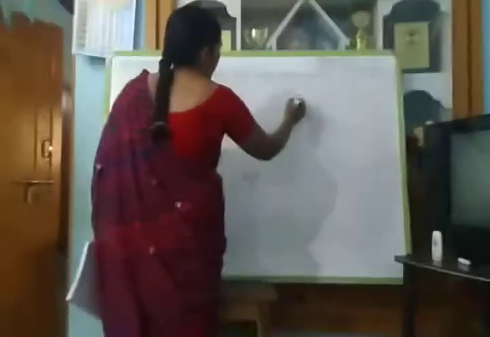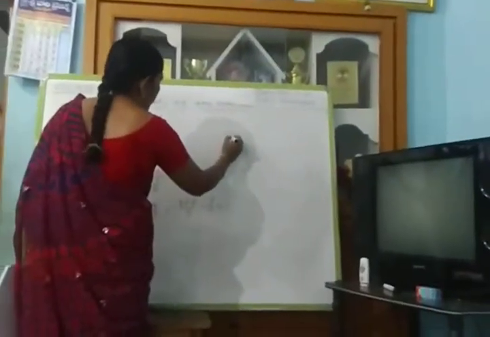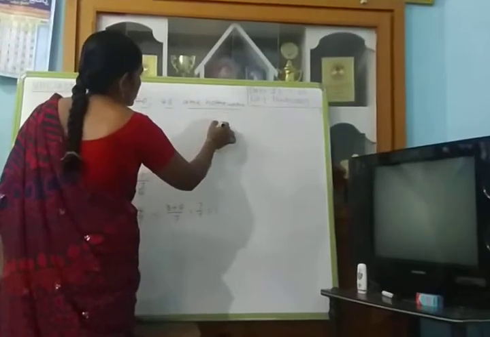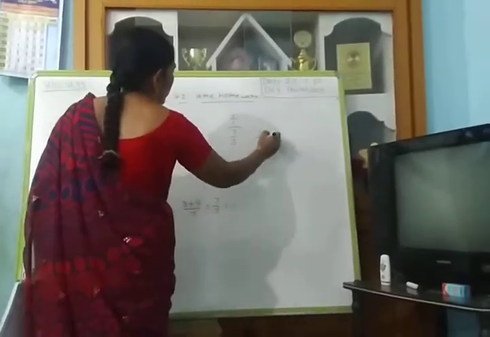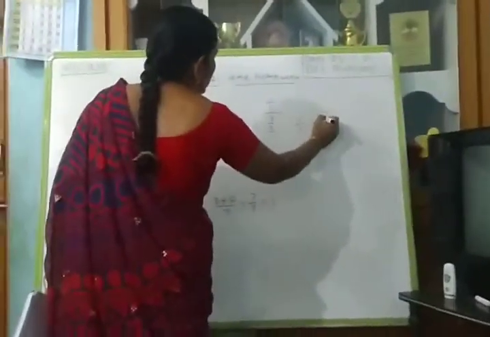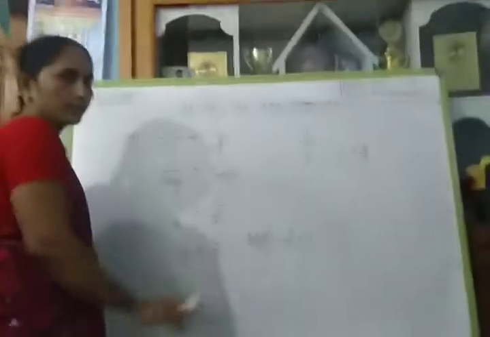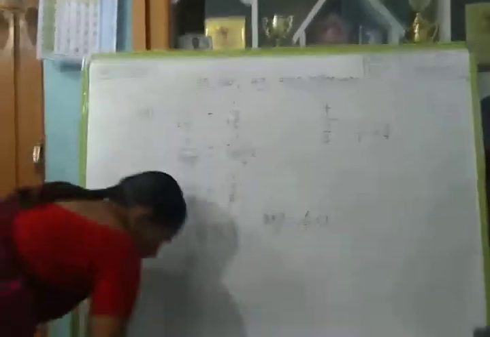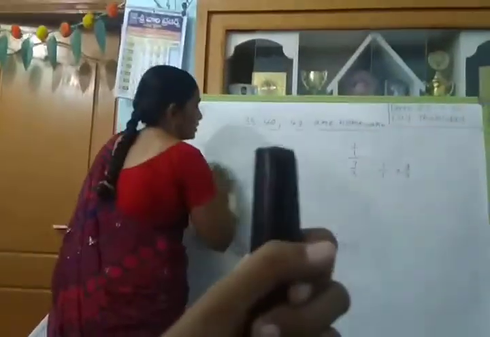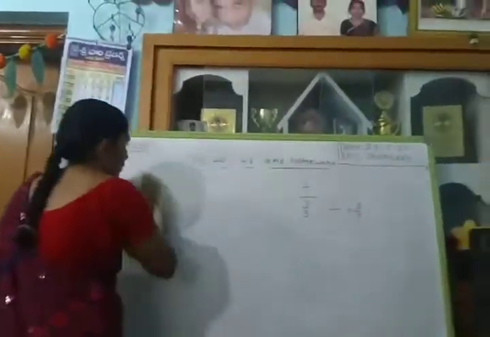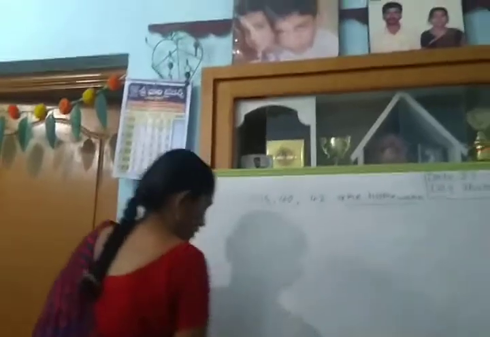See here, they given fraction by fraction. Here 1 is nothing but 1 by 1. Division of fractions we already know: 1 by 1 into the reciprocal of this fraction, what will you get? 3 by 7. So I have written it here directly. So like this we will get it. So this is the 39th problem. Option D is correct.